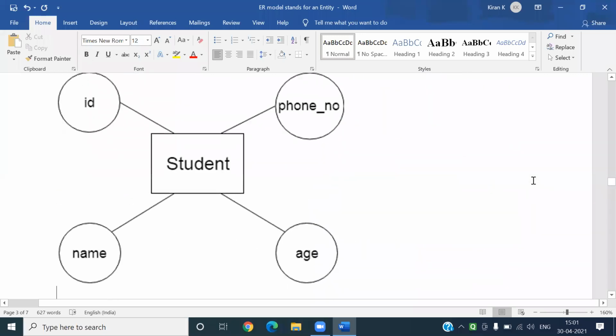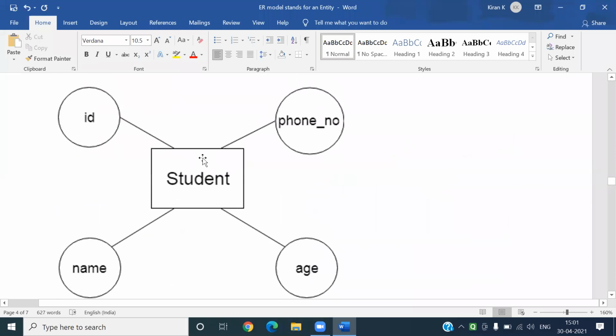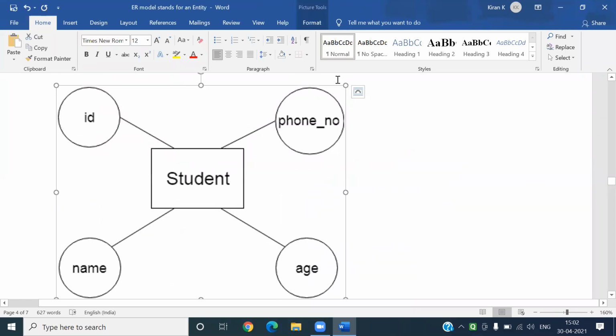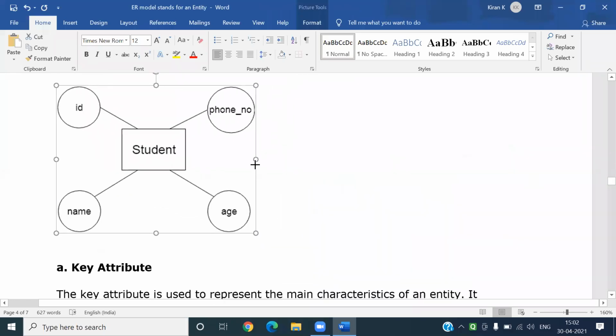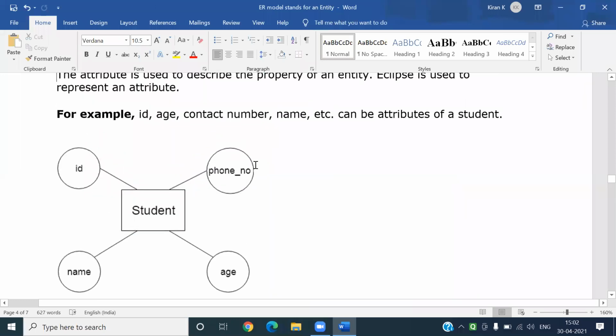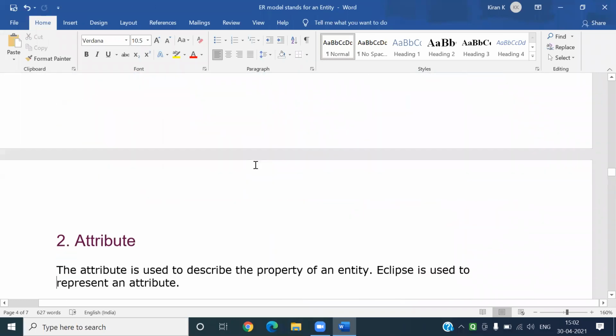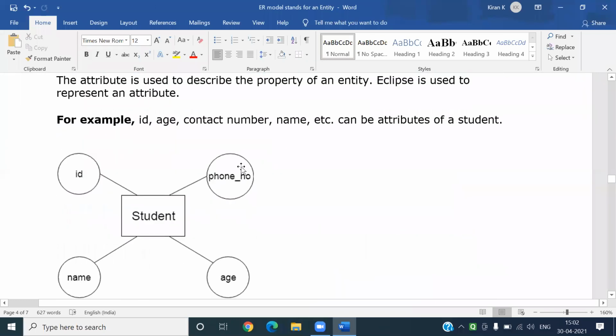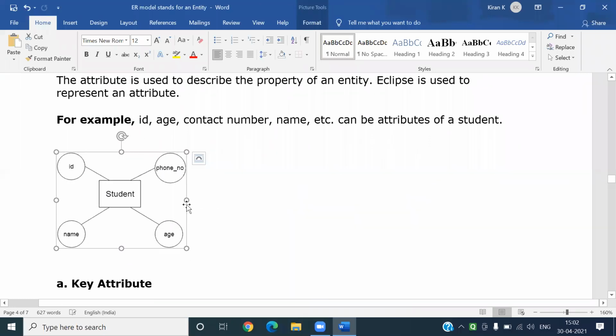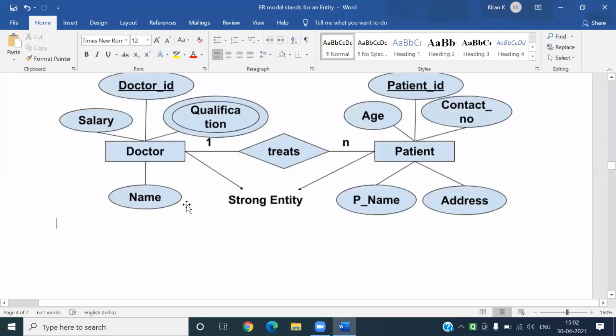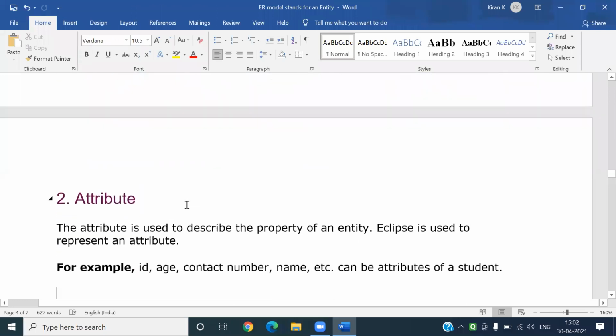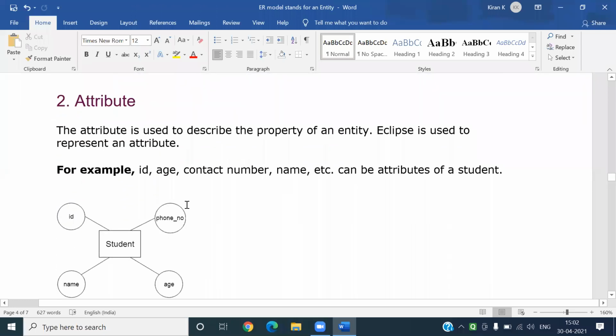Now come to attribute. What do you mean by an attribute? An attribute describes the properties of an entity.